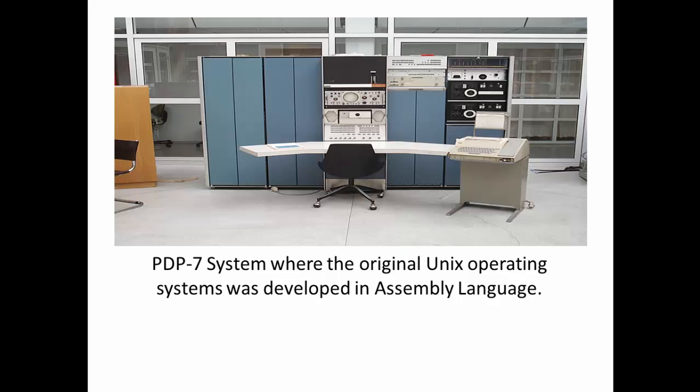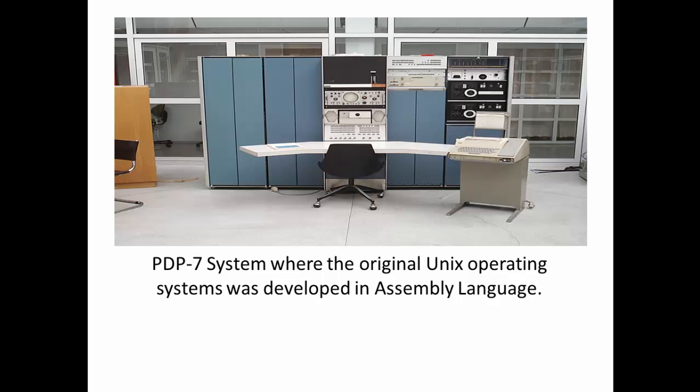This is the computer on which the original Unix operating system was ported. This system was developed by Digital Equipment Corporation, and the scientists at AT&T Bell Labs used to work on these kinds of systems, on the Unix operating system,